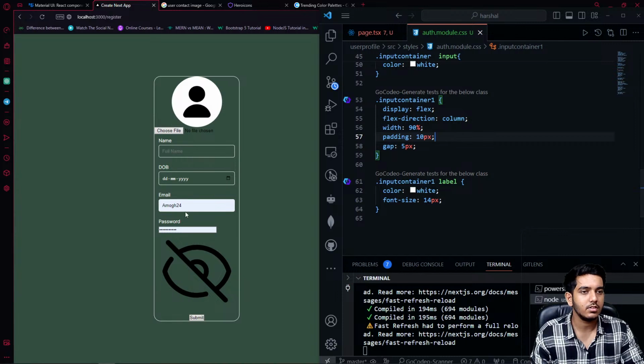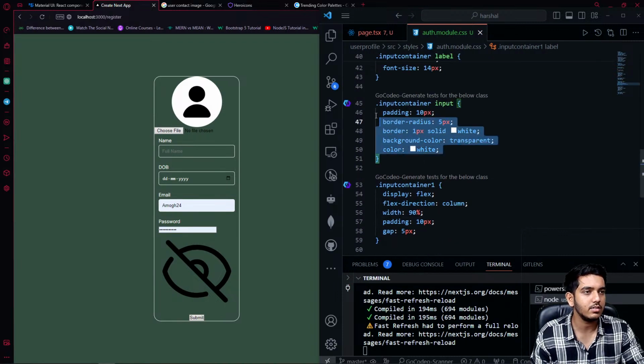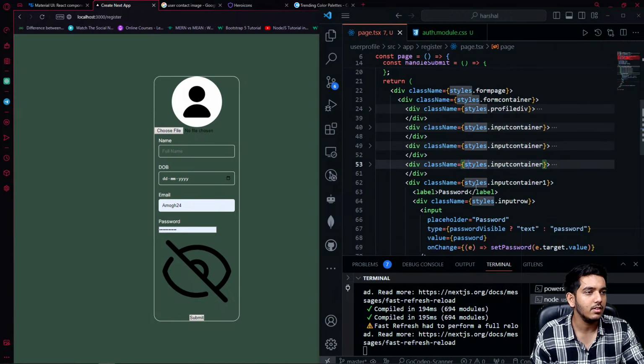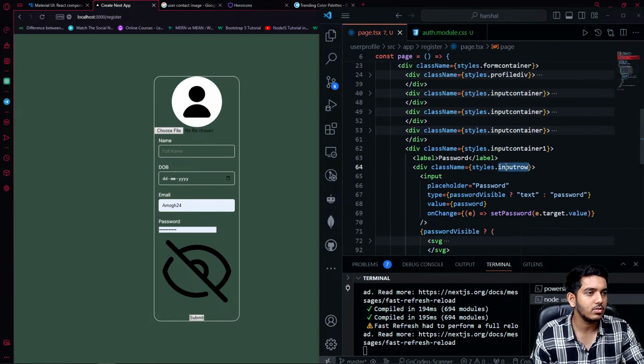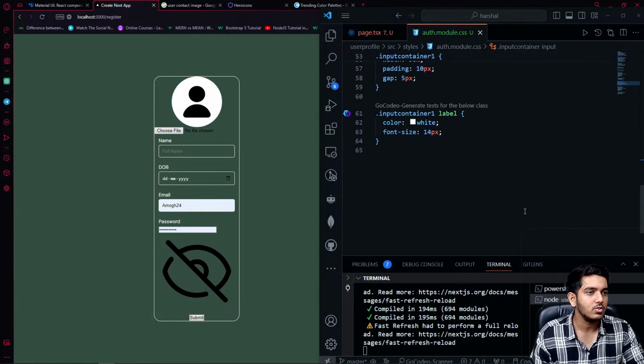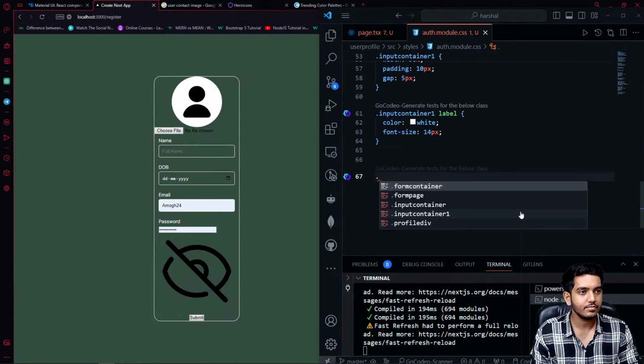So yes, you can see that label is also here. Now similarly, we have the input field. So I'm gonna style this input field. But before that, you can see that it has a row. So I'm just gonna style this input row. So inside this input container one,